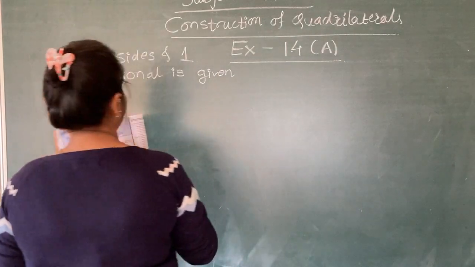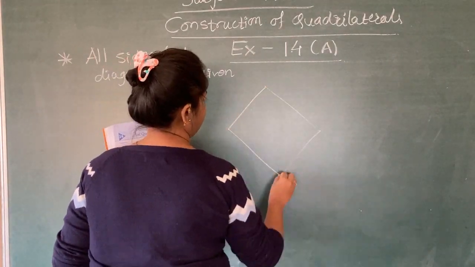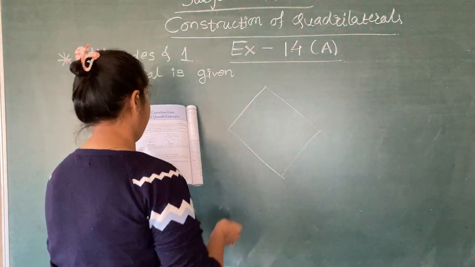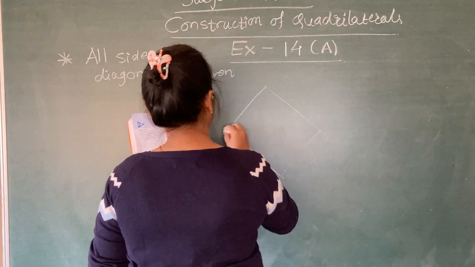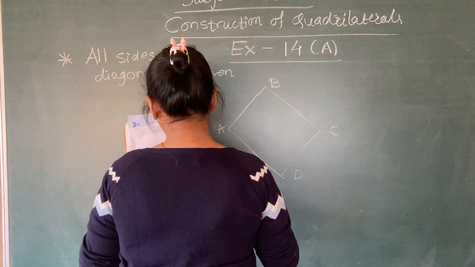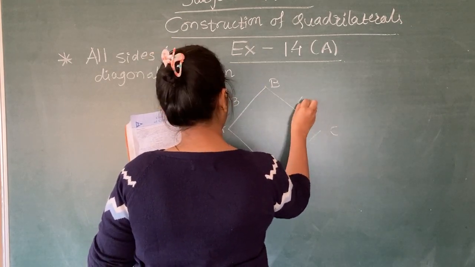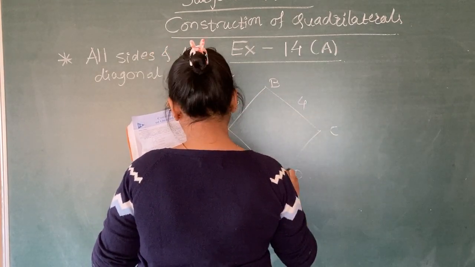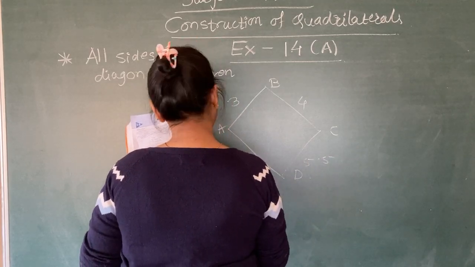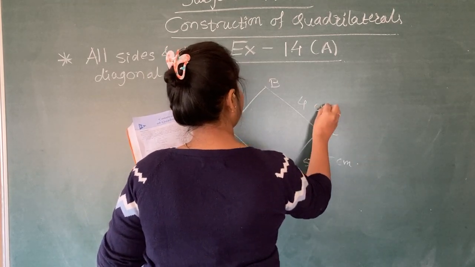Okay, I'll just draw a rough construction. Suppose there is a quadrilateral. It is just a rough sketch. It is not like ये quadrilateral बनेगा ही और नहीं बनेगा. ठीक है? If it is given AB is equal to 3 centimeter, BC is equal to 4, CD is equal to 5.5, and DA is equal to 6 centimeters. ठीक है?